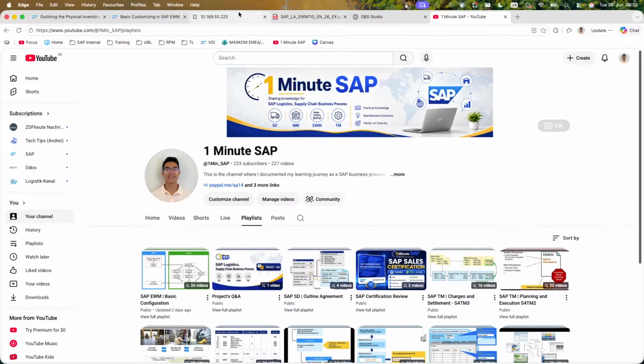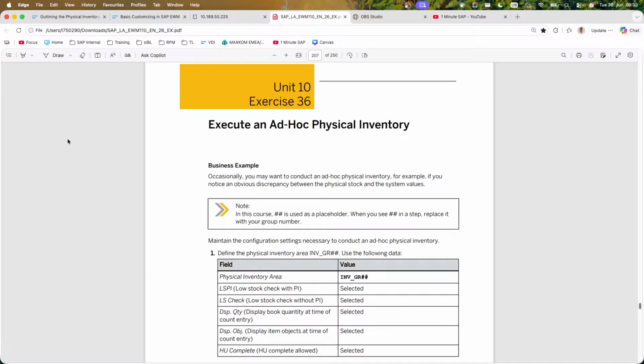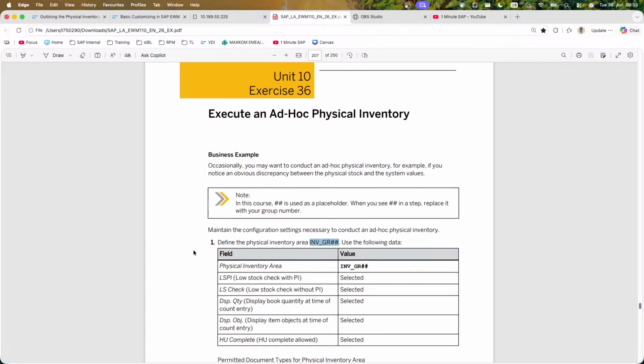All right, coming back to our topic today: executing an ad hoc physical inventory. The business example is that we may want to conduct an ad hoc physical inventory, for example if you notice an obvious discrepancy between the physical stock and the system values. We first need to maintain the configuration settings necessary to conduct an ad hoc physical inventory. Here we could have an inventory area, inventory good receive. This is the area name, the low stock check with PI,